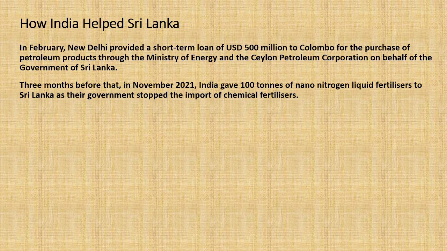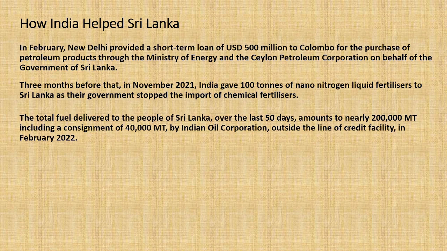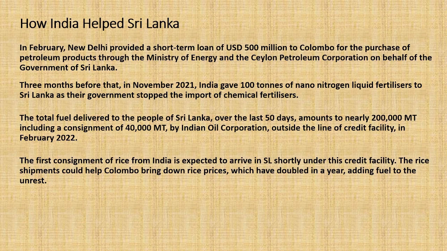3 months before that, in November 2021, India gave 100 tons of nano nitrogen liquid fertilizer to Sri Lanka as their government stopped the import of chemical fertilizer. The total fuel delivered to the people of Sri Lanka over the last 50 days amounts to nearly 2 lakh metric tons, including a consignment of 40,000 metric tons by Indian Oil Corporation outside the line of credit facility in February 2022. The first consignment of rice from India is expected to arrive in Sri Lanka shortly under this credit facility. The rice shipment could help Colombo bring down rice prices, which have doubled in a year, adding fuel to